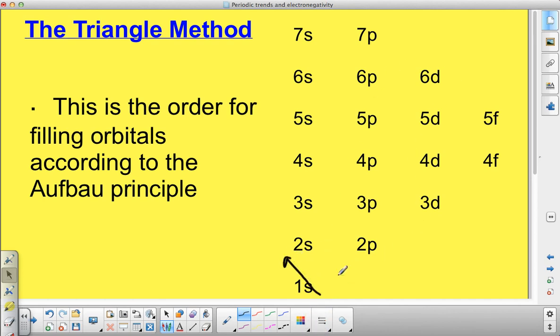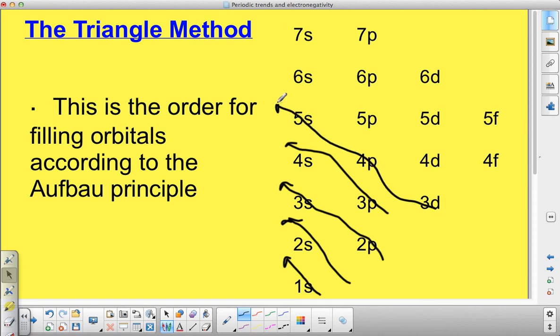We have the 1s first. Whoops, my arrows are really off. 2s, and then this isn't easy with a mouse. 2p to 3s, and then 3p to 4s. Why is this so complicated? Hopefully you're getting the point here. 3d, 4p, 5s. It just kind of keeps going like that. This is how they fill up,